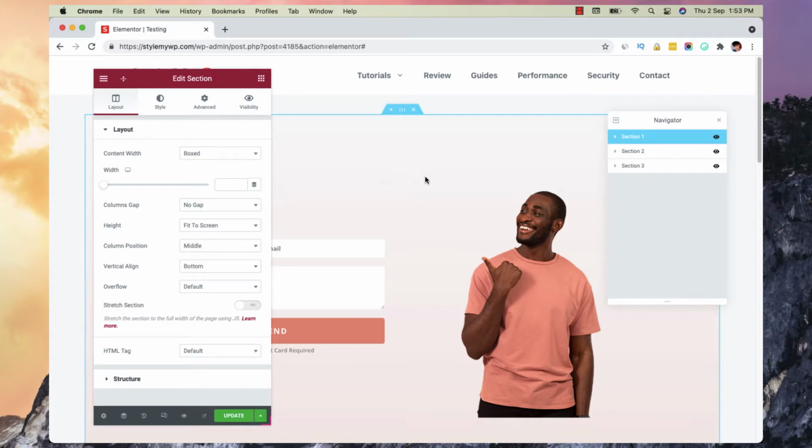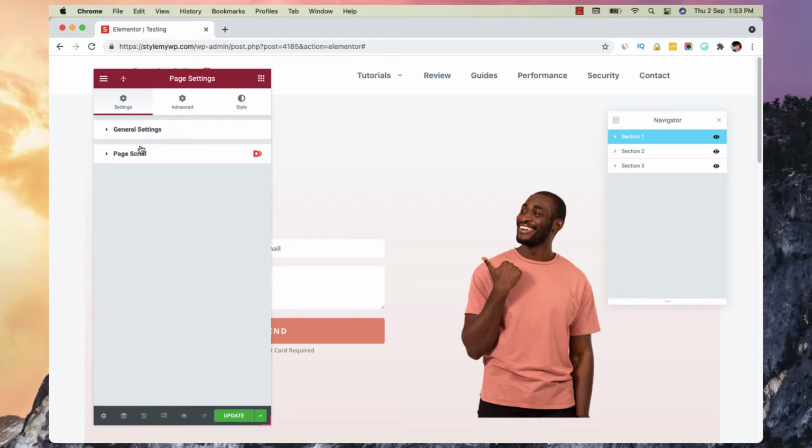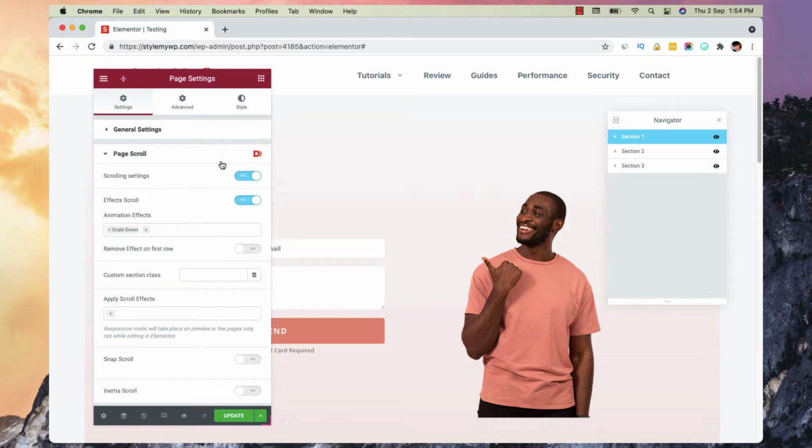When you edit the page with Elementor, you will find the page settings option, and you can find page scroll if you have activated the Dynamic.oo plugin. And this feature is only available in the paid plan and is not part of dynamic visibility. That's a different thing. Okay, I know you know it. So let's start.